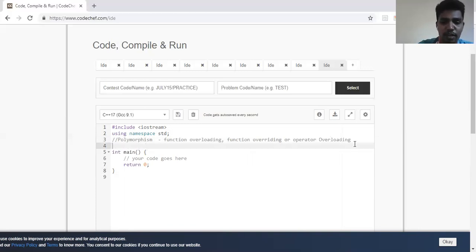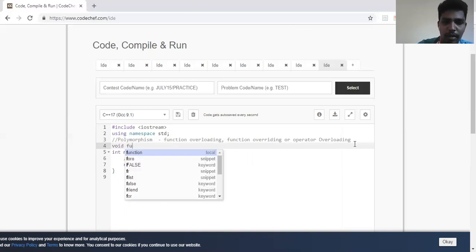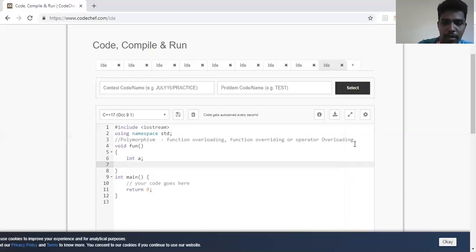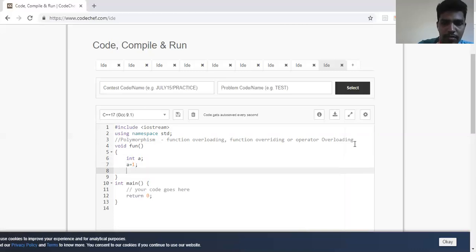Consider I have a function, void function. I'll be writing here int a is equal to 1, cout a.